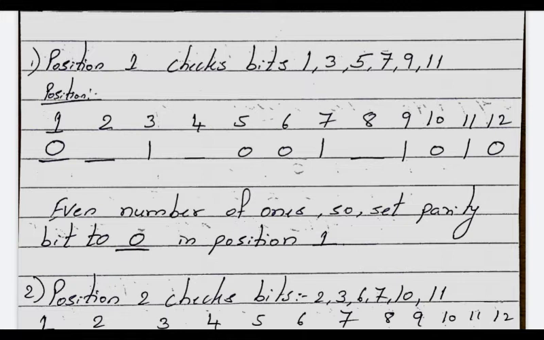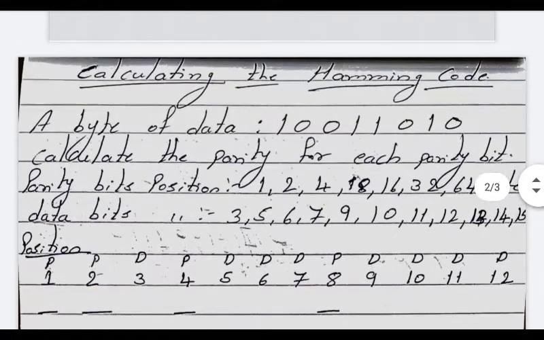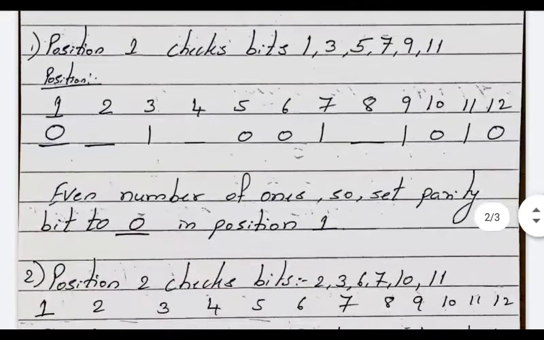Now, whatever the data bits are, you place the data bits. Is it clear? The data bit positions you already know: 3, 5, 6, 7, 9, 10. So this is the example. What is the data? 1001 1010. Starting from this, in position number 3 I am going to write a 1. Positions 5, 6, 7, these are all the data bits I have inserted.